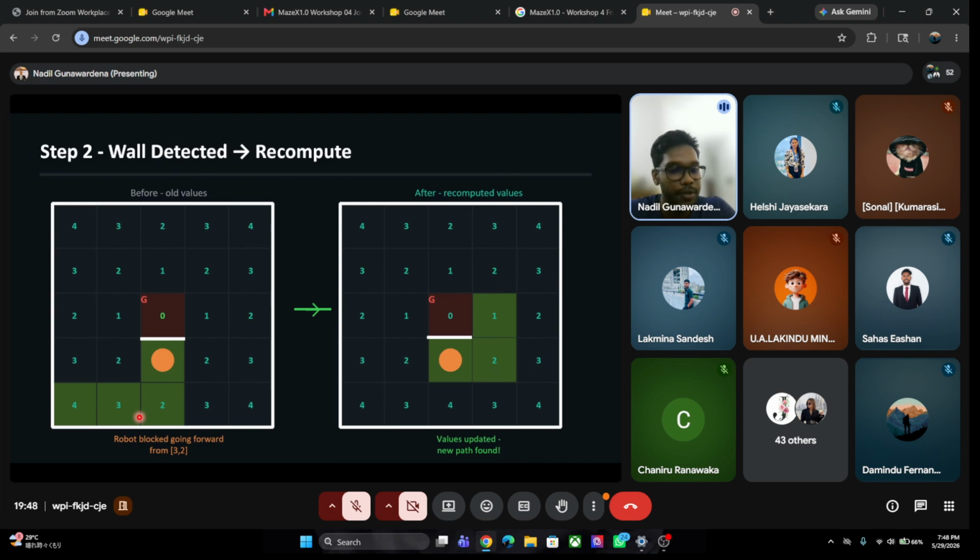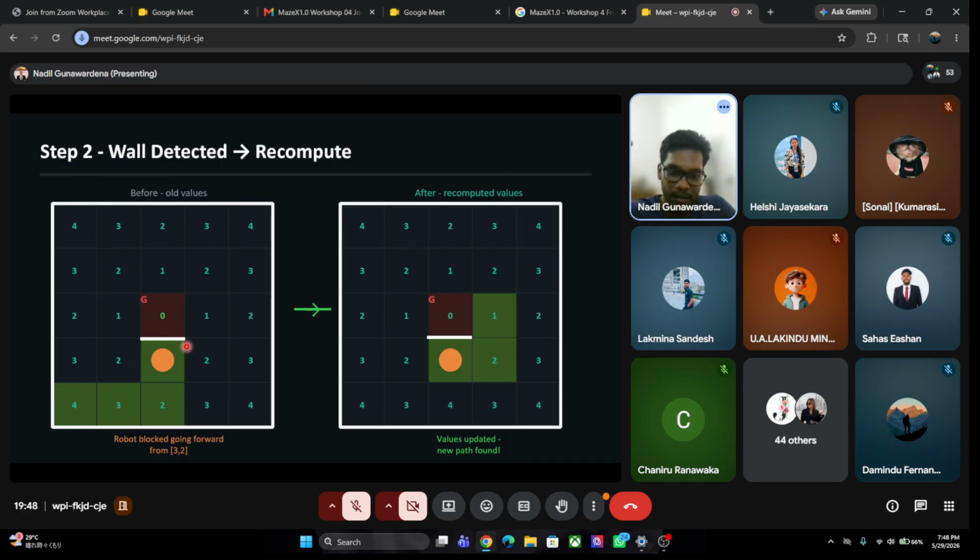Then, as I have told, the mouse has selected this path to travel to the goal. But in the process, it discovers there is a wall at the top of this cell. Now it can't go to the goal because there is a wall. So in the integration of the flood fill algorithm in the micromouse, when the mouse detects a wall,